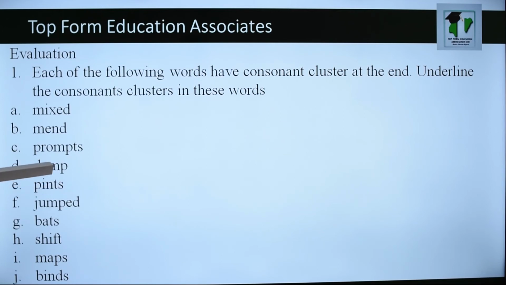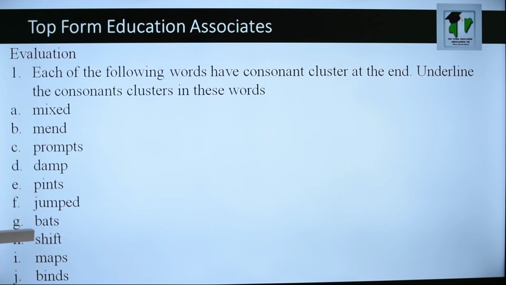Then we have "dump", with MP underlined. We have "pins", with N, T, S underlined. We have "jumped", from M down to D underlined. We have "bats", T, S, they are the consonant cluster. Then we have "shifts". Shifts is just